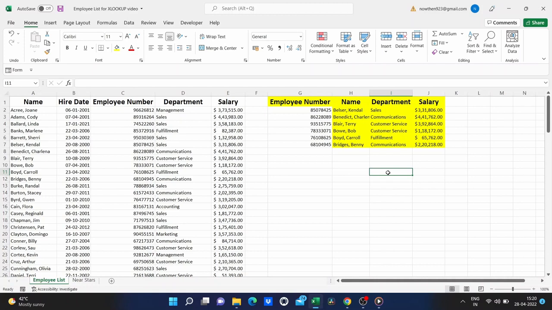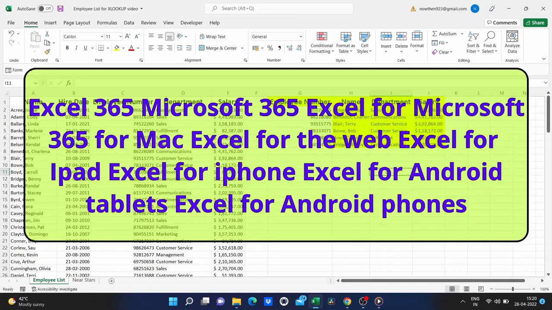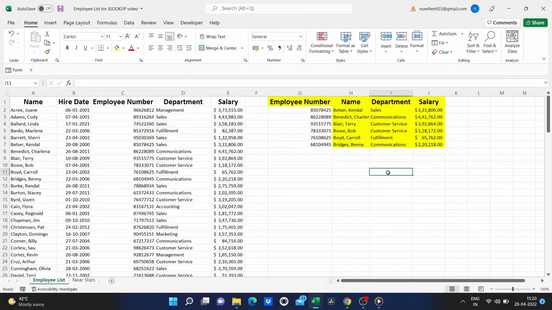It's available right now in the Microsoft 365 version of Excel, and also these other versions. Eventually, I would expect it to show up in all modern versions of Microsoft Excel. If you don't have XLOOKUP in your version of Excel, you should definitely check out my tutorial on VLOOKUP. And then of course, please do check back and watch this video once you do have access to XLOOKUP.